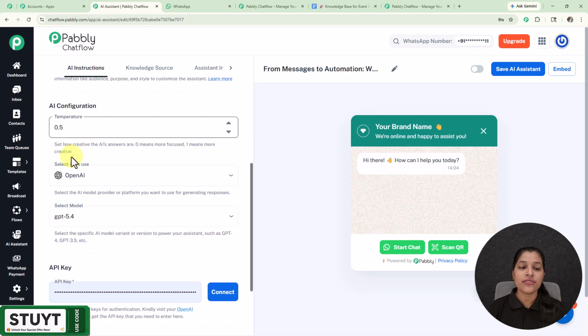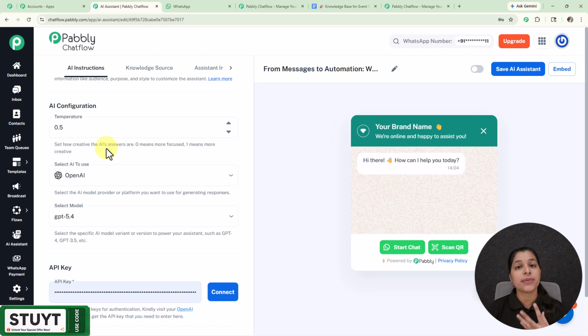Now on this AI configuration section, we are getting this option for selecting the temperature. So temperature here basically shows the creativity of the AI assistant. Here 0 means more focused and 1 means more creative. So as you move towards 0, your answer will be more focused, and if you move towards 1, your answer will be more creative. But I'm going to keep it as 0.5, which is the most friendly temperature, and afterwards